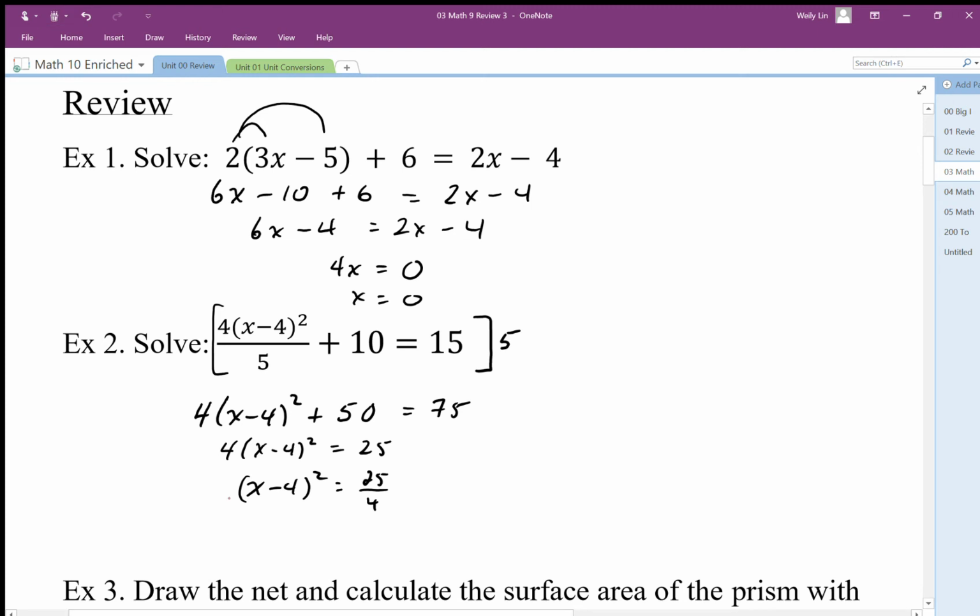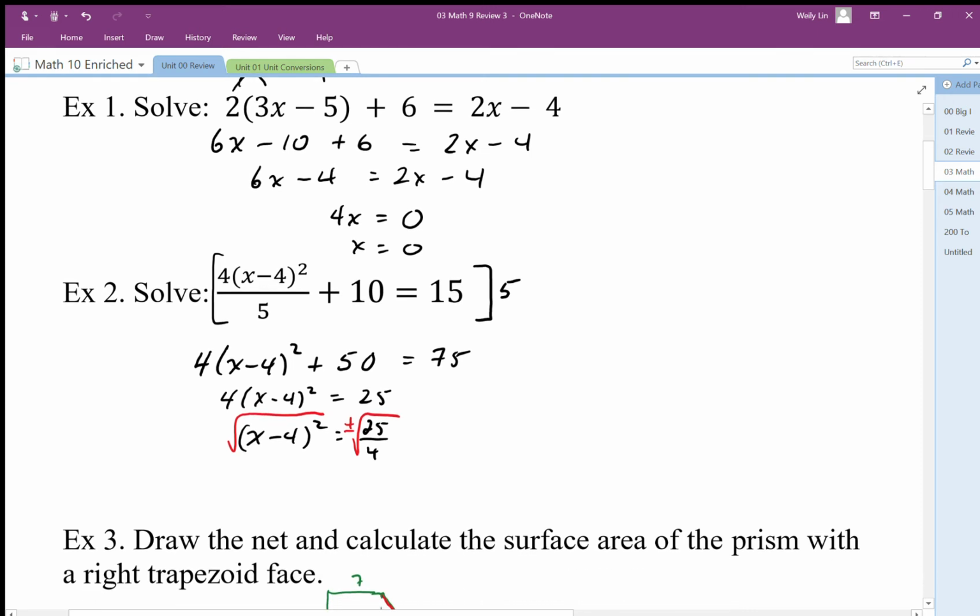Now I have to be a little bit careful here because when I square root, the inside of that square could be positive or negative. So the answer to this has to account for the fact that it could be positive or negative. So we undo squares. We need to be careful about that. So I end up with x minus 4 is equal to plus minus 5 over 2. So that's going to give us x equals 4 plus minus